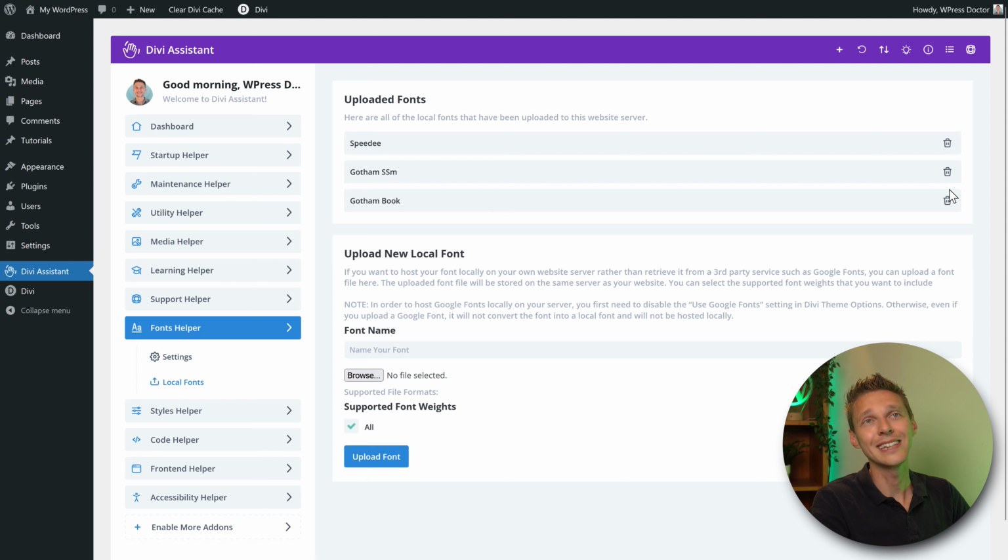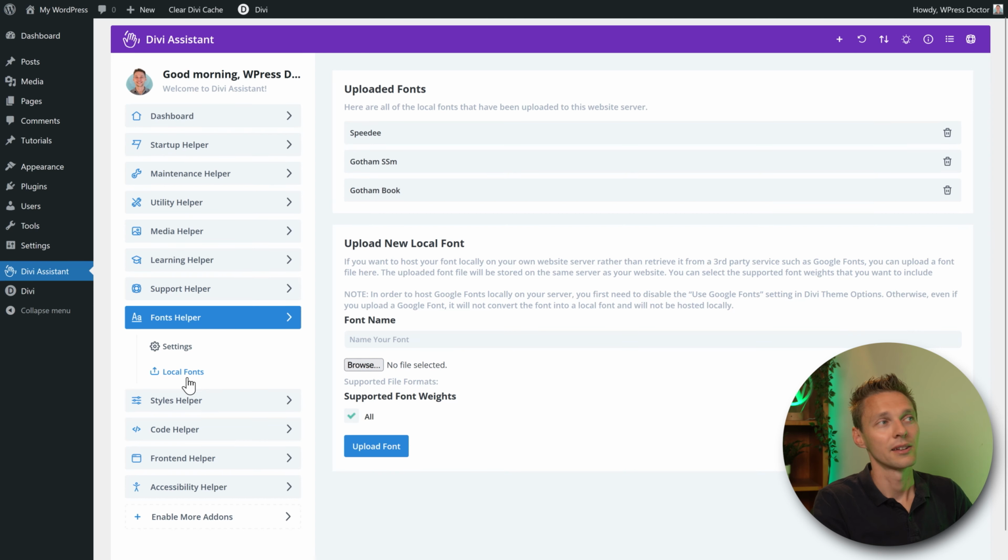And then we go to the local fonts over here. Here you can actually delete your uploaded fonts already. And you can also upload a new font to there without the problems we had before. And that's so useful to do it from here. Because before I had to go to my text module, add in my font from there. But this time I can just upload it from here.